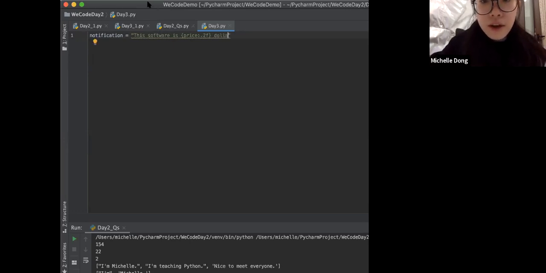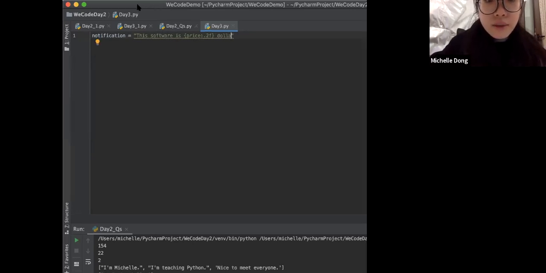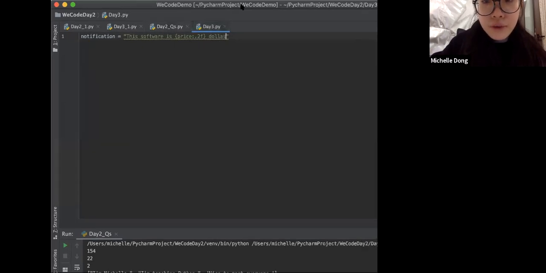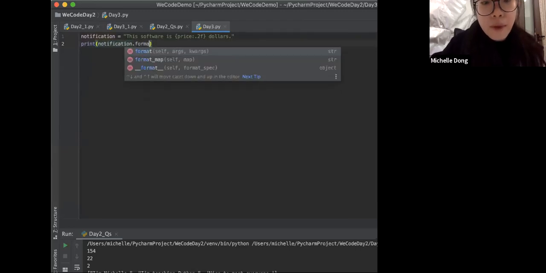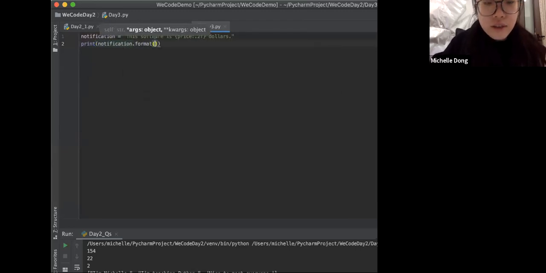The software is the price dollars, and we don't know the price yet. We can print that out and call the format by using notification.format, and in the parentheses we put price equals, for example, 50 divided by 3, and 15